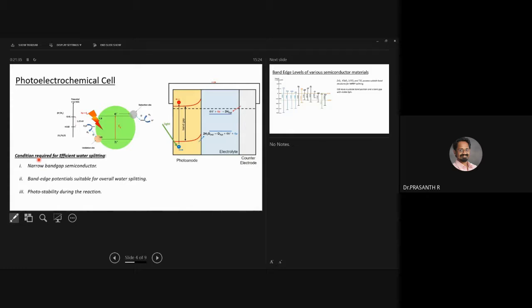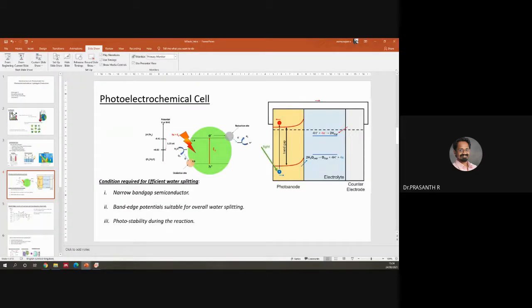You are identifying a problem, then finding a technological solution, and then you are proving that with different experimental studies. You need a clear proof that the solution you are suggesting is really working. So you have to do a set of experiments in different ways to convince that your system is really working. In that sense, this presentation is very clear.